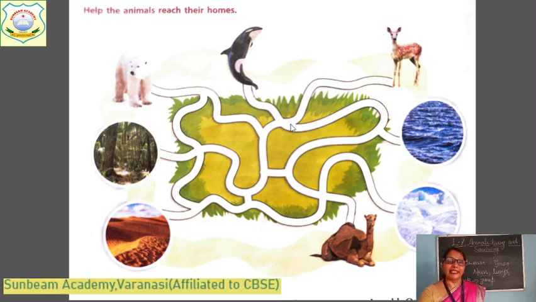Okay, and here is the polar bear. Where does the polar bear live? What is the habitat of the polar bear? It lives in the polar region. This is the polar region, North Pole and South Pole, where the temperature is very low. There is snow. So they have adaptations. You can see the fur-like structure here. Their body is covered with a fur-like structure.